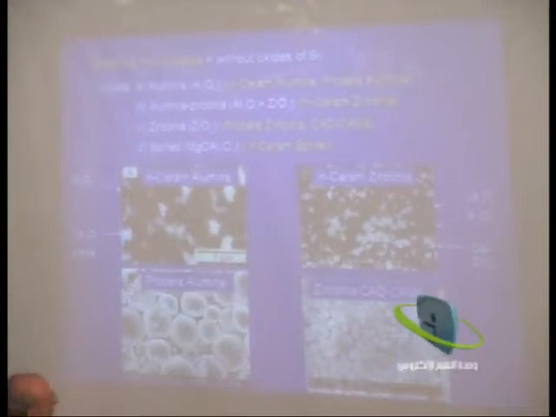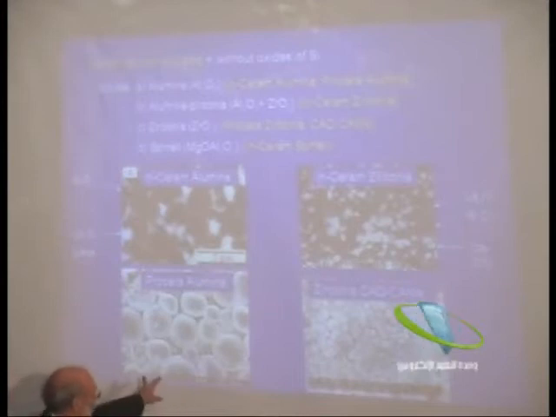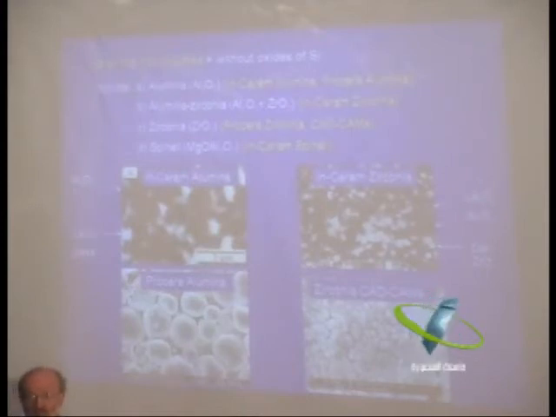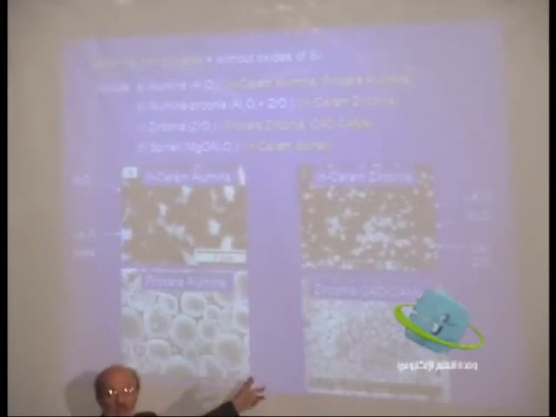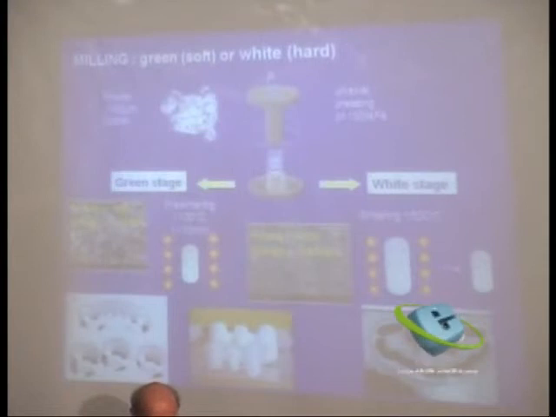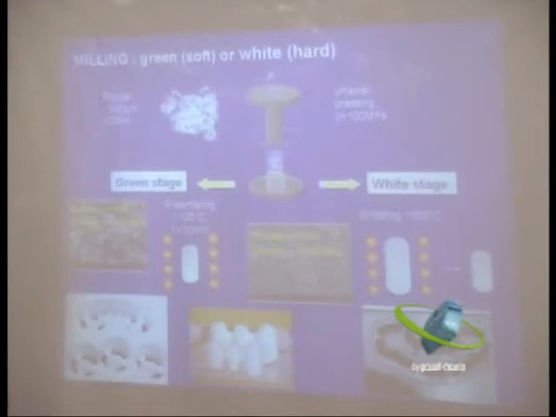The big feature you notice between these two systems is that the grain size in the alumina is typically 2 to 3, 4 microns, whereas in the case of the zirconia, it is submicron. And it has to be submicron because if it gets bigger than micron size, then it's too metastable. It will transform on cooling from the tetragonal structure to the monoclinic structure, and the strength will be greatly reduced. Now, this is the big aspect that has made zirconia so attractive. This ability to do what we call soft milling,